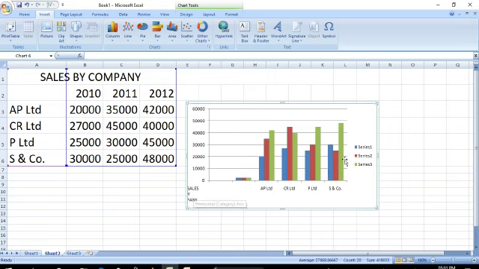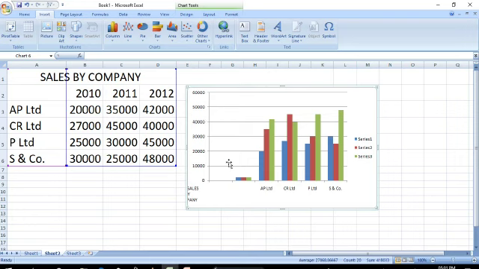So this is the title of the chart, and here this is the y-axis and this one is the x-axis, this is the legend. And the chart area: the whole area of the chart is known as the chart area. And the plot area, this is the plot area, where the data are plotted inside the chart. The whole chart is called the chart area. The data plotted area is known as the plot area.